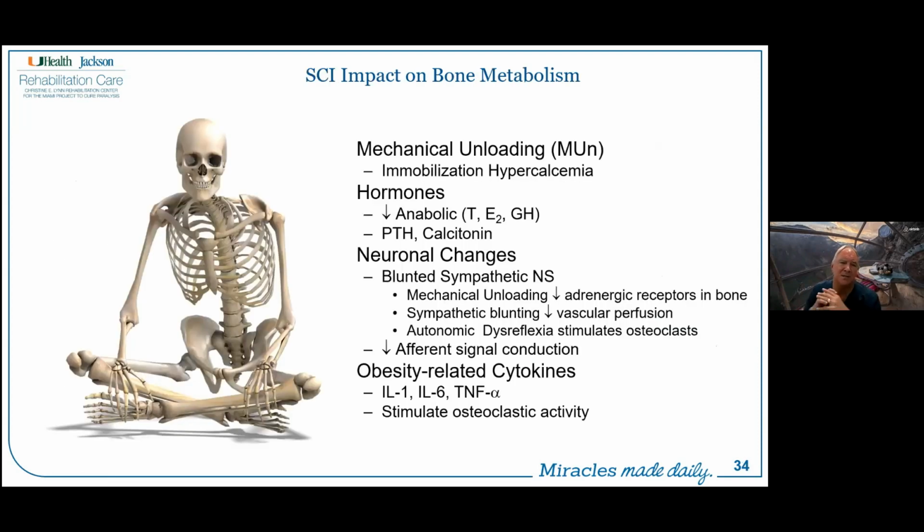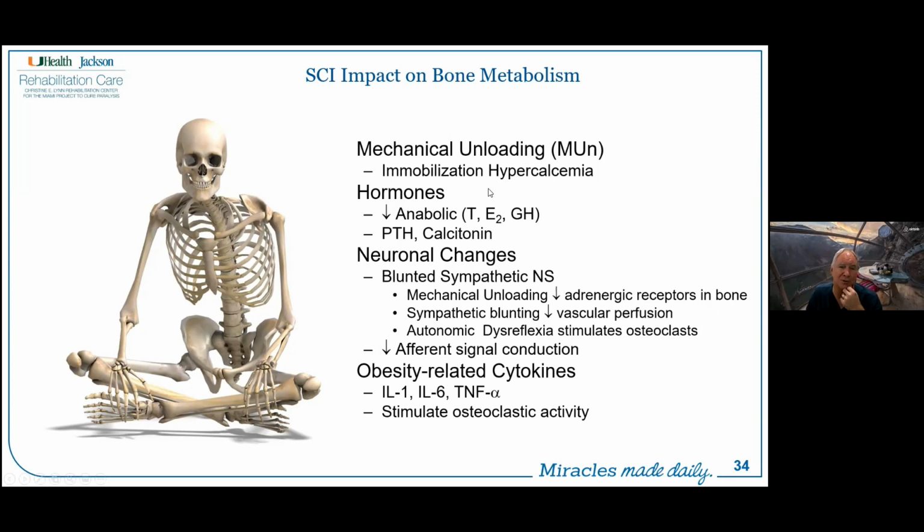We will talk about the influence of spinal cord injury on bone metabolism, recognizing that there are at least four mechanisms by which a person is going to lose bone mass after spinal cord injury. Part of it is just mechanical unloading. And in the early phases, and for particularly young men who are at peak bone mass, who have a spinal cord injury, suddenly we develop this immobilization hypercalcemia. They start dumping calcium from their bones into the bloodstream. And we talk through the whole issues associated with that.